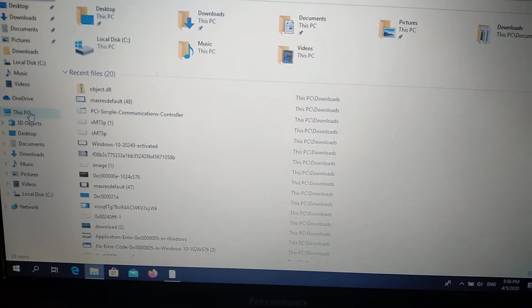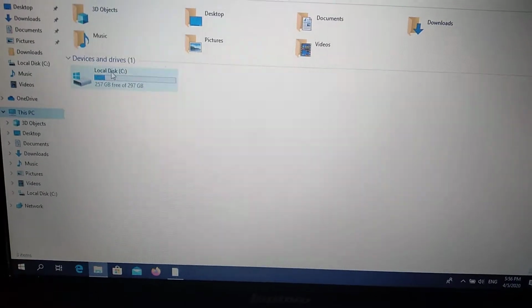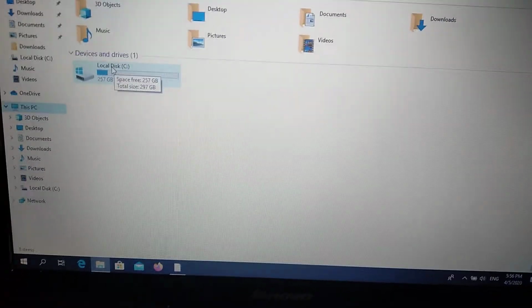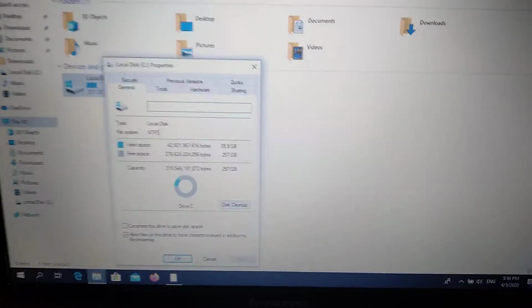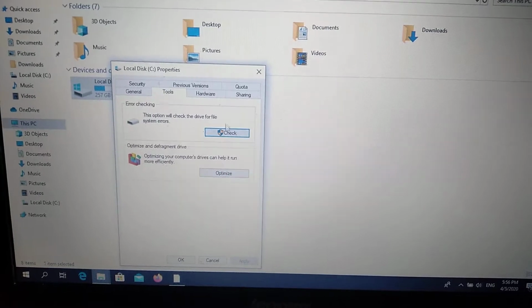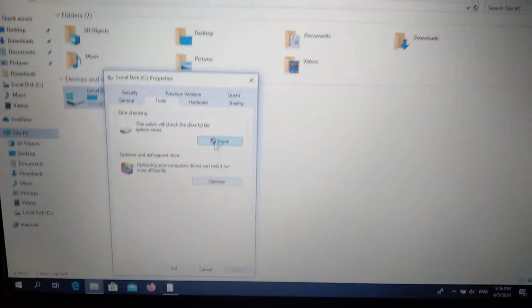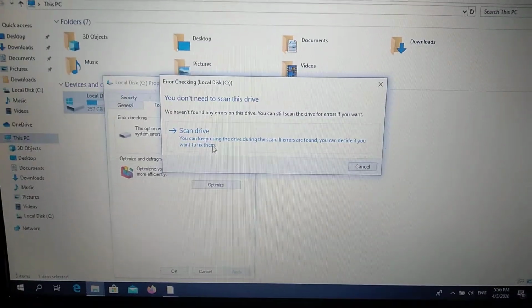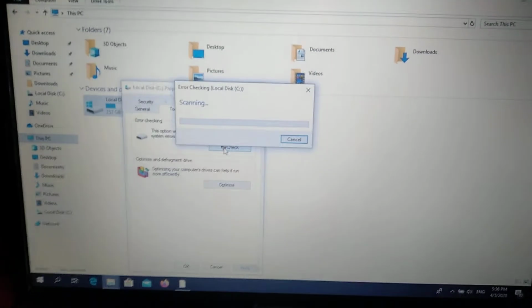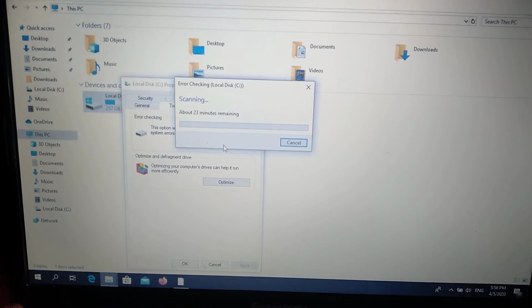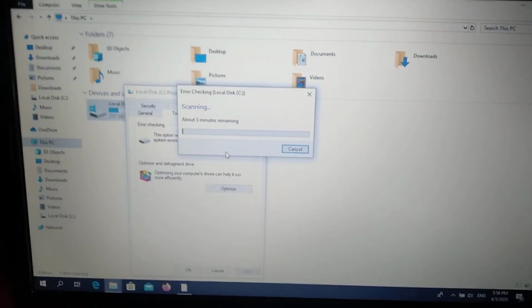So just choose This PC and here you choose your system disk, right click on it and choose Properties. And here you choose Tools and click on Check. So just choose Scan drive, so the system will automatically check all the files and find some corrupted files, some errors,